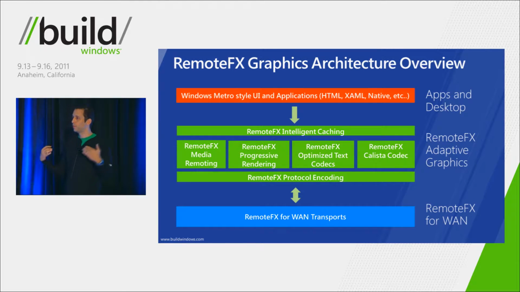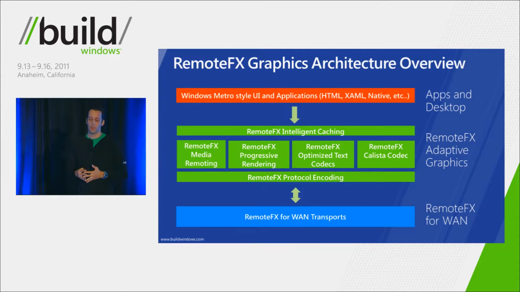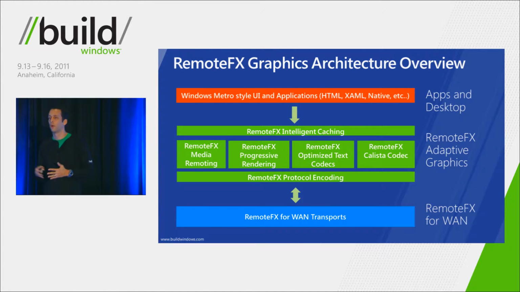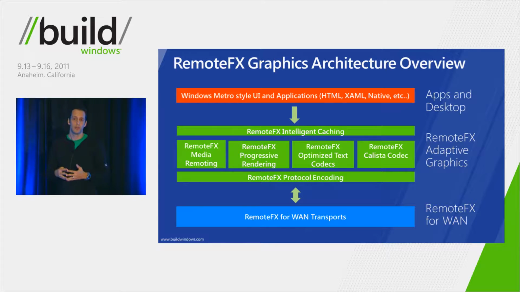It includes new technologies like progressive rendering that we'll be detailing in an upcoming slide, but also very powerful new codecs that are optimized for text, very powerful codecs for media remoting, including standard codecs like H.264, and all packaged together in a system that dynamically senses what the network is doing, the CPU is doing, and makes optimal trade-offs